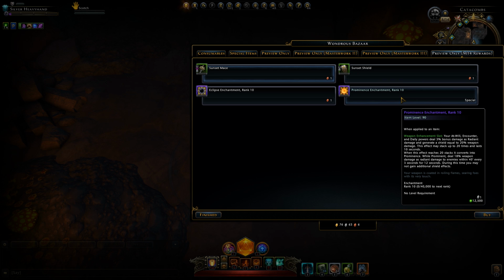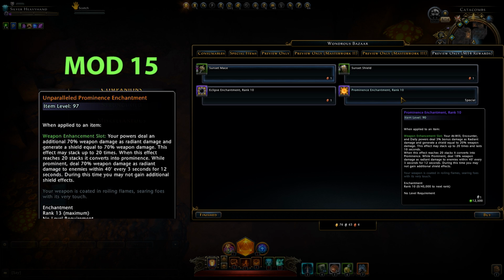And now, Prominence Enchantment. I only have a rank 10 one to look at on preview and an unparalleled one to look at on live, so the values are going to be pretty off, but I think you can still get the general idea. So on live, your powers generate a shield equal to 70% weapon damage, and it stacks up to 20 times. When this effect reaches 20 stacks, it converts into Prominence, while Prominent deals 70% weapon damage as radiant damage to enemies within 40 feet every 3 seconds for 12 seconds, and during this time you may not gain additional shield